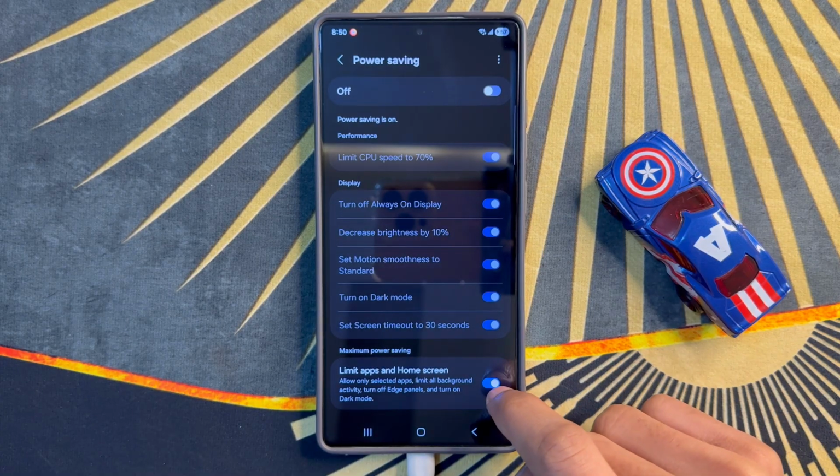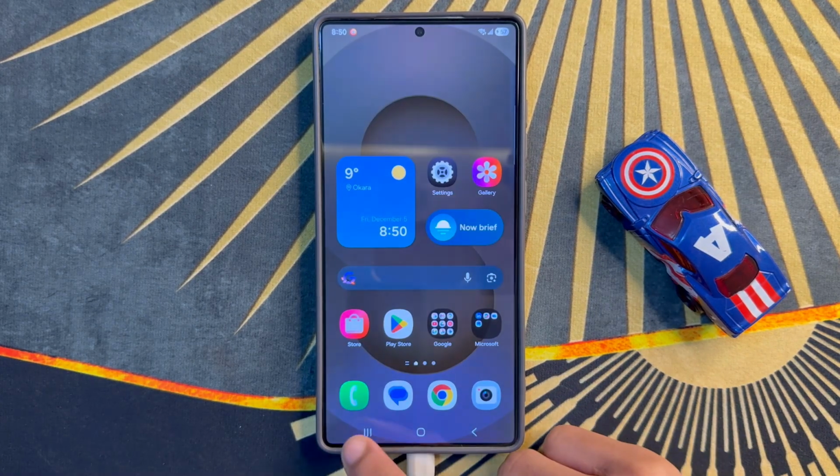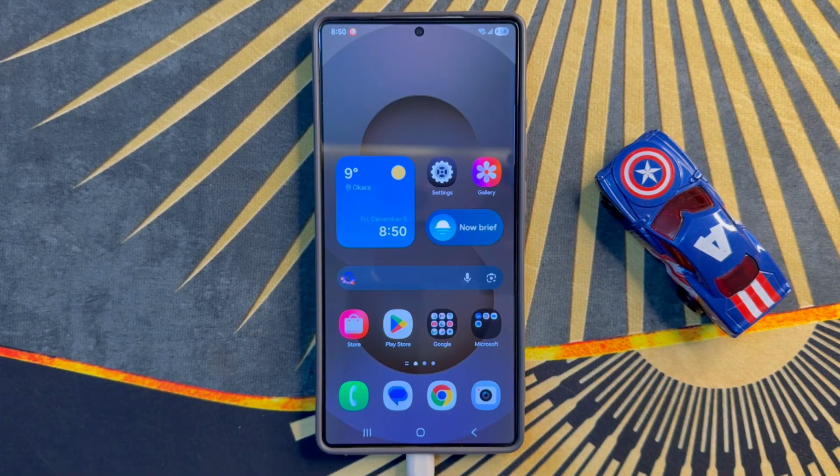After the process, go back to the home screen and refresh the phone. So that's how you can turn on or turn off limit apps and home screen for maximum power saving on Samsung Galaxy